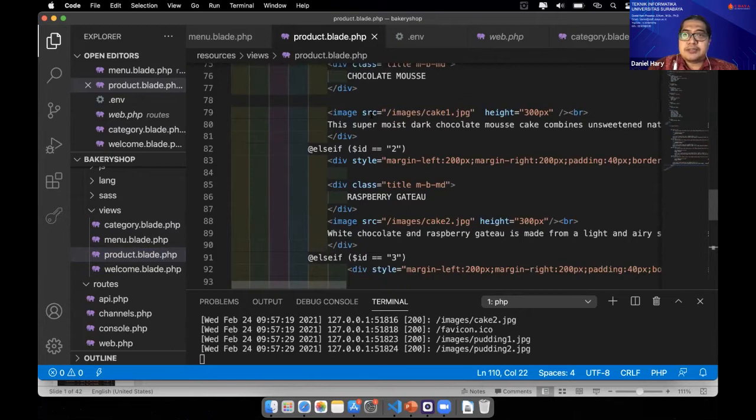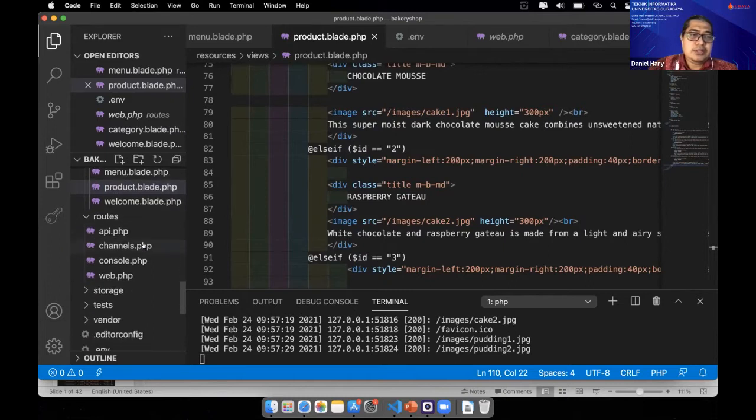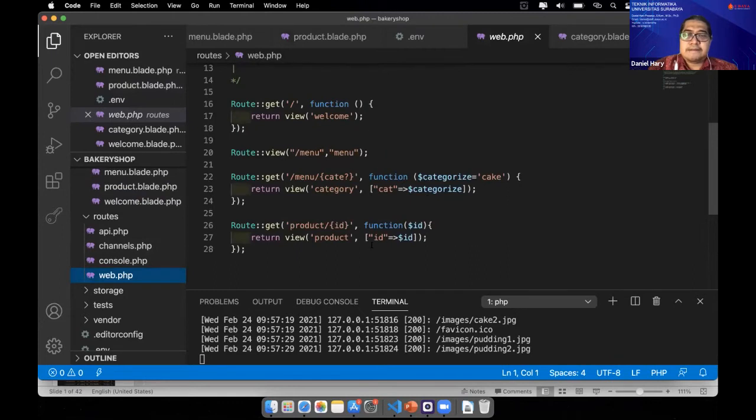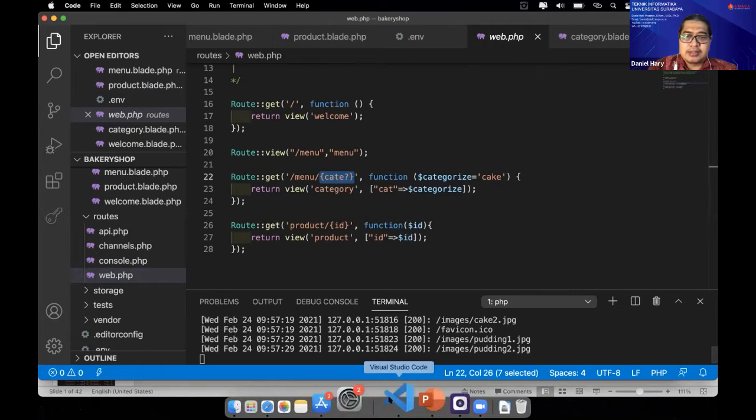So from our previous class, we already learned about routing and view. This one is view. This one is our routing here. And you already learned about how to pass a parameter in a route. With a different parameter, the page will have a different behavior.